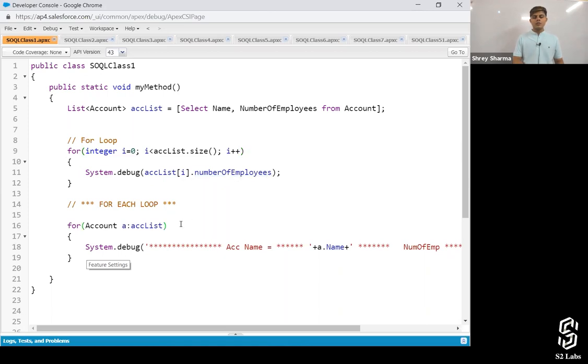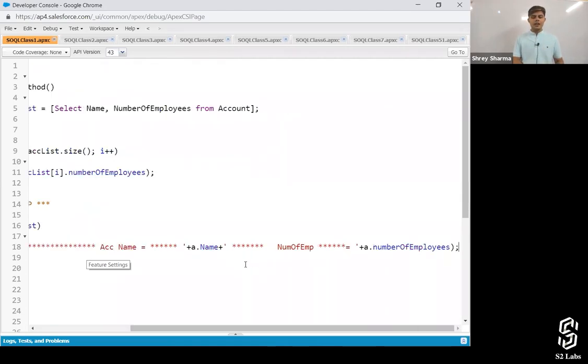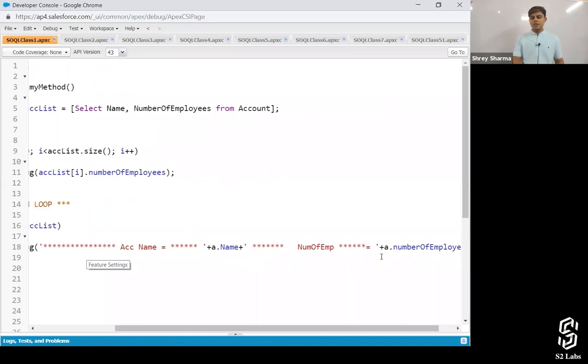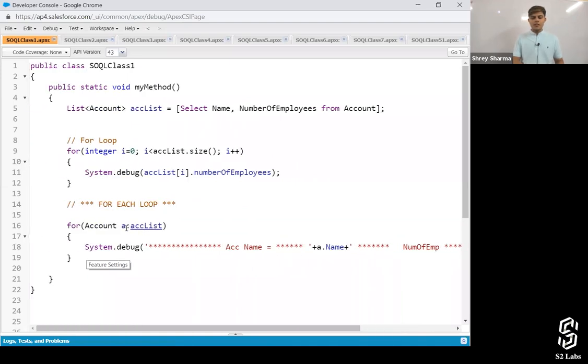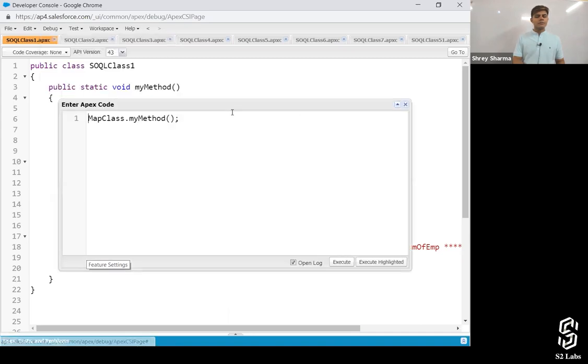And the for each loop, we all know about it. Whenever we want to iterate onto each record or each value of a list, we use a for each loop. So it's going to be like account name a.Name and number of employees a.NumberOfEmployees, where every value of the accList is going to be denoted by a. Once the first one is done, it will move to the second, then the third, and so on. Okay, let's execute this program, shall we?